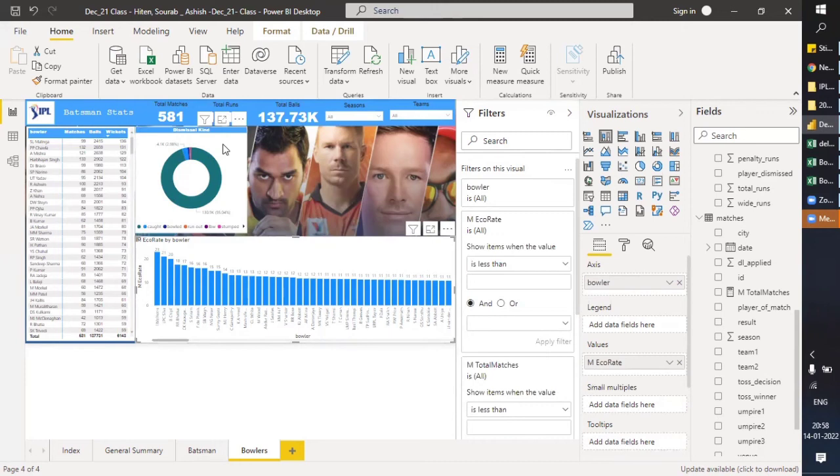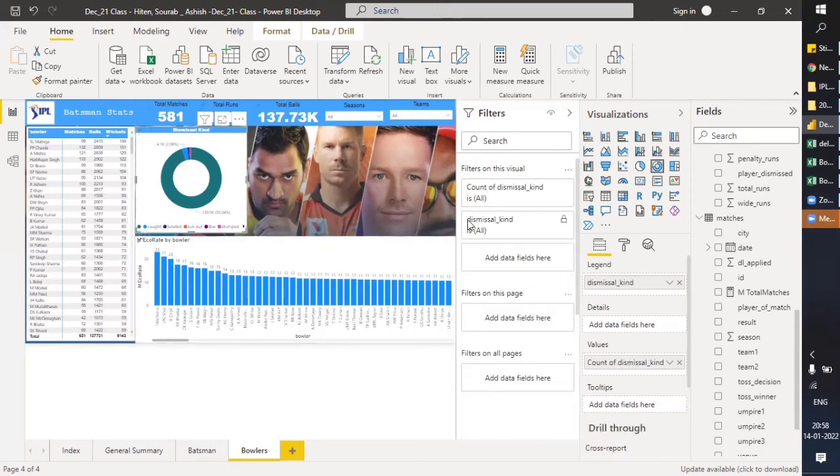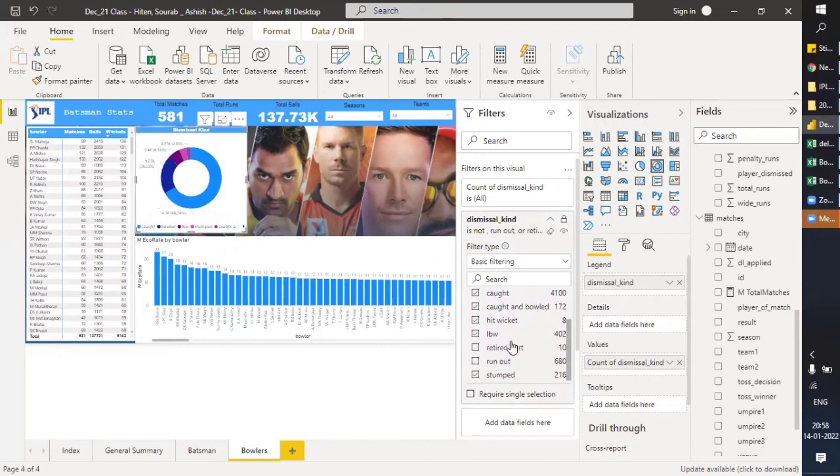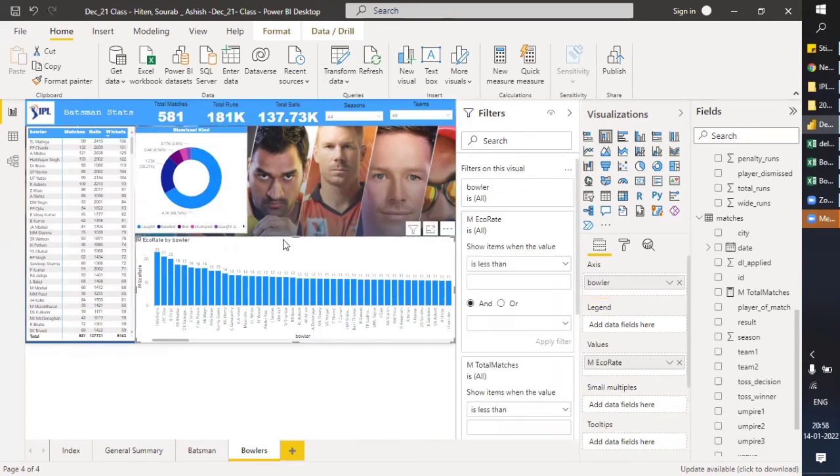Okay, so for this you use dismissal kind. If we check select all, blank, run out, retired hurt, if we apply, it's fine. And then